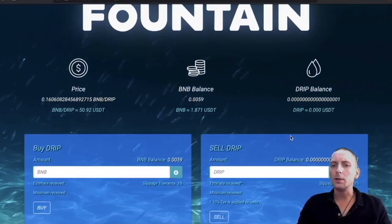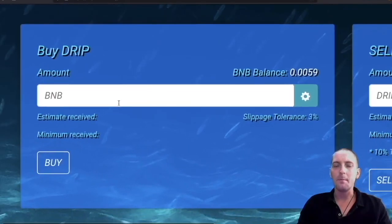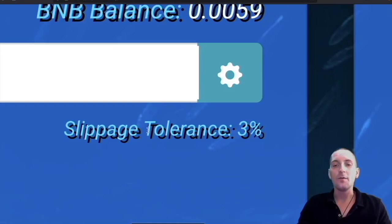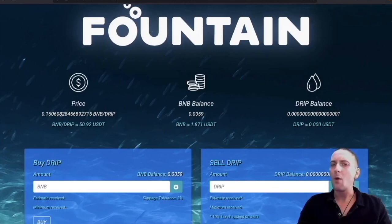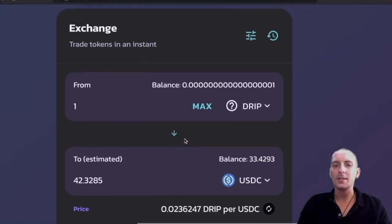Quickly show you on Drip, where we go to the swap page here, you can quickly buy your Drip with BNB or sell your Drip back into BNB here with a slippage tolerance of 3%, with the price of Drip being $50.92. However, interestingly, if you do go over to PancakeSwap right now today, you can buy one Drip for $42,